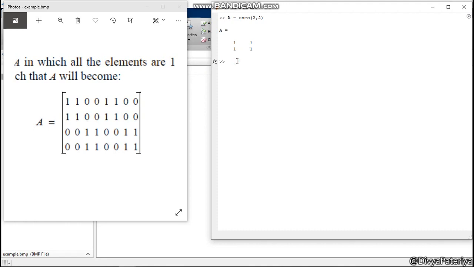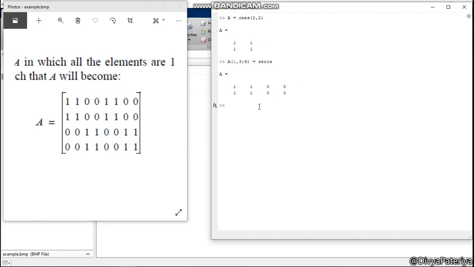What I have to do now is in A, all the rows and in third and fourth column I want my contents to be zeros. What MATLAB did is we did not have a 3rd and 4th column in the variable a, so it added the third and 4th column to our initial variable a.